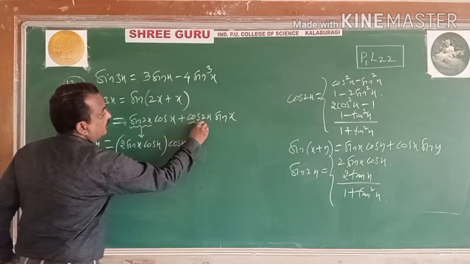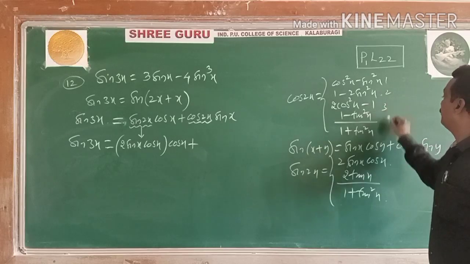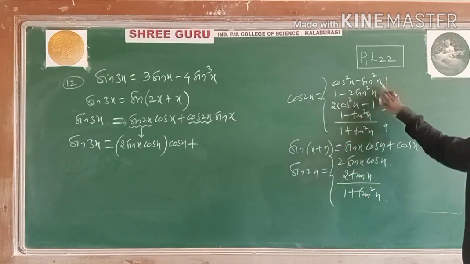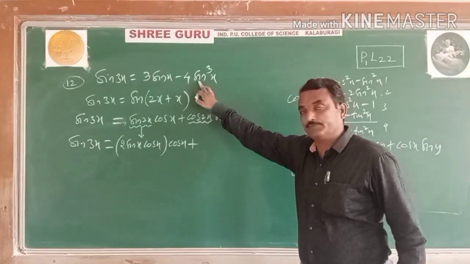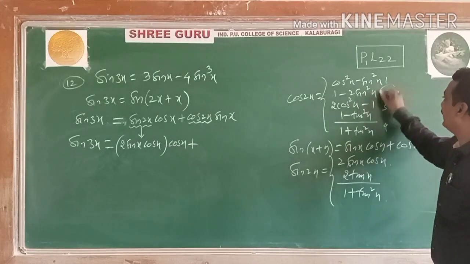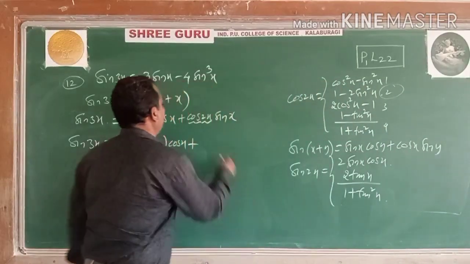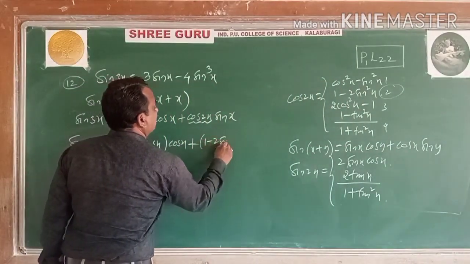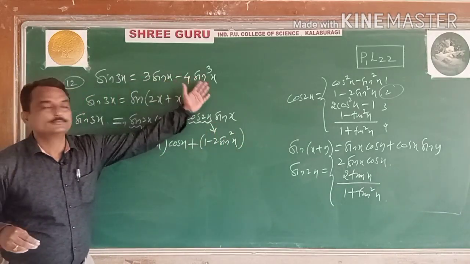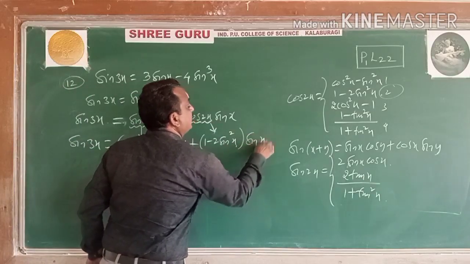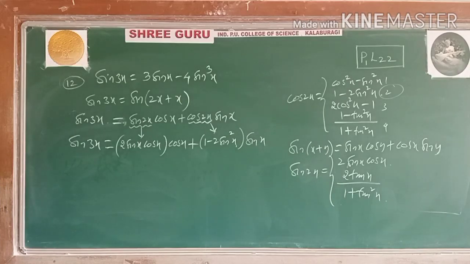Now tell me, students, for cos 2x among the four results, which one we have to substitute? Either the first one, second one, third one or fourth one. See, what you have to prove is in terms of sin. This second result is in terms of sin only: 1 minus 2 sin square x. Substitute that formula directly, cos 2x as 1 minus 2 sin square x, because you need it in terms of sin. This sin x as it is. Whatever you need, according to that you have to substitute the formula, students.